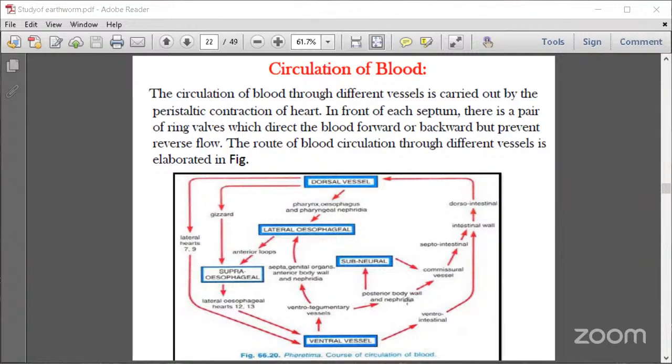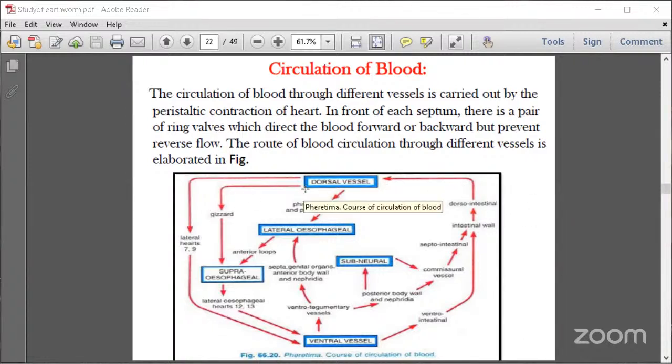From there it again goes two ways. One is the posterior body wall and nephridia, and the other way is septa, genital organs, anterior body walls, and nephridia, and that in turn connects with the lateral esophageal that already connects with the supraesophageal with the anterior loops, and the subneural vessel that already connects with the commissural vessel that connected lastly with the dorso intestine, all together again connected with the